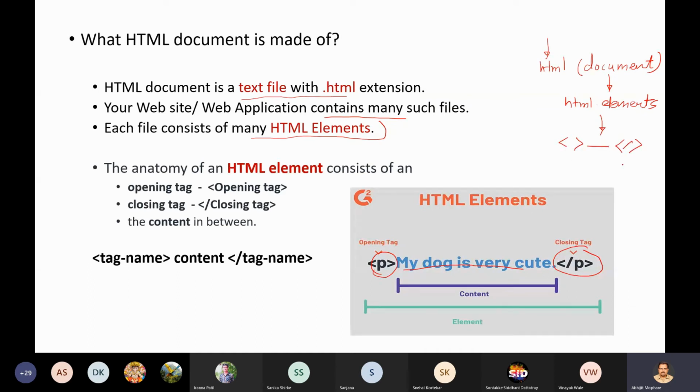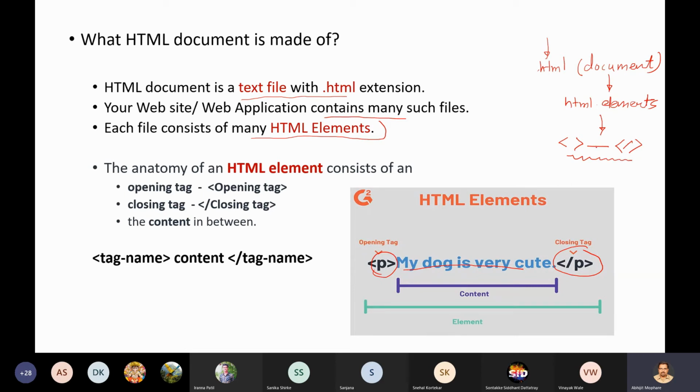and a closing tag. So in this session, we will first understand very frequently used HTML tags so that we can write the HTML elements. Are you getting this? I will repeat again. Each HTML document, or normally a dot HTML extension file, which is also called an HTML document, consists of several HTML elements. And this HTML element is made up of three things: opening tag, content of that tag, and closing tag.